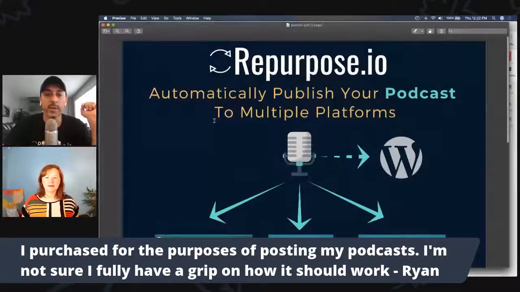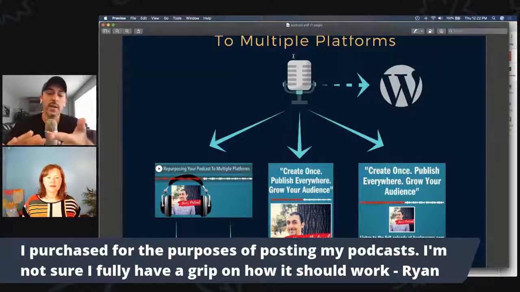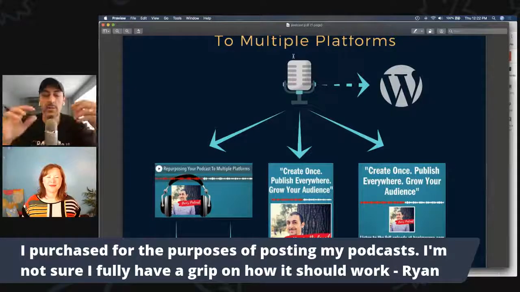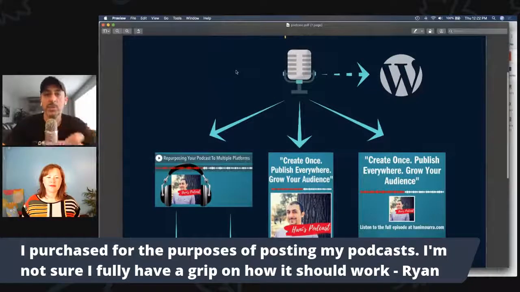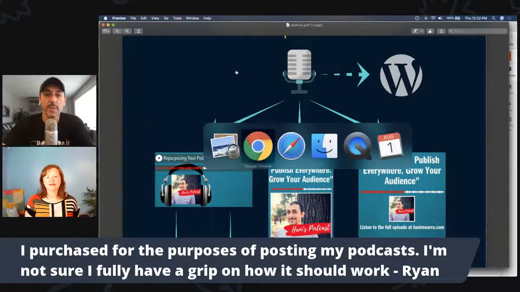So basically the idea, again, to recap, is this: you connect your podcast feed. Whether you're hosting with Libsyn, Simplecast, Blueberry, whatever podcast host that you're hosting your podcast on, it doesn't matter. We're fully compatible with any podcast host. And the idea is you get either your iTunes, your Apple Podcast link, or your podcast feed that your podcast host gives you. Take that, you go to the connections page